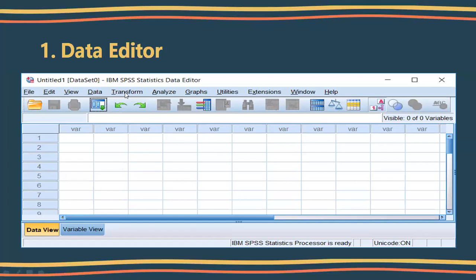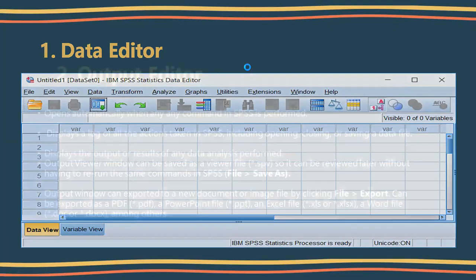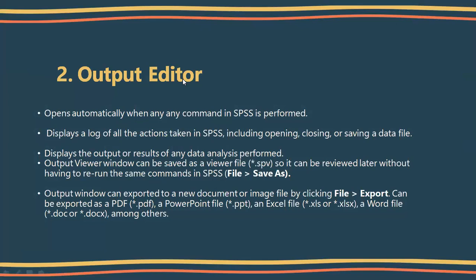These are the different drop-down menus where you can analyze, transform the data, and draw graphs. Everything you can do in SPSS is on this window, nicely labeled IBM SPSS Statistics Data Editor. Whatever you do here gets recorded into the output editor.